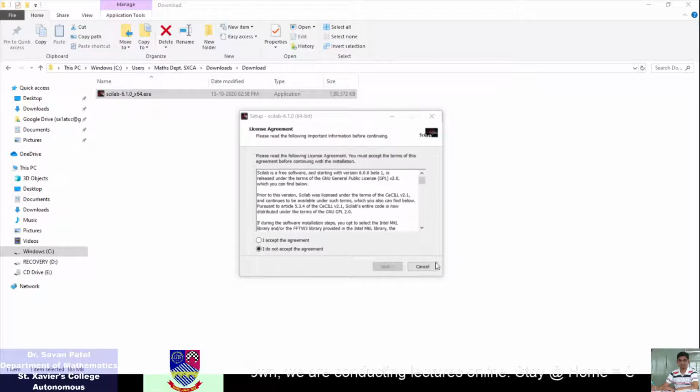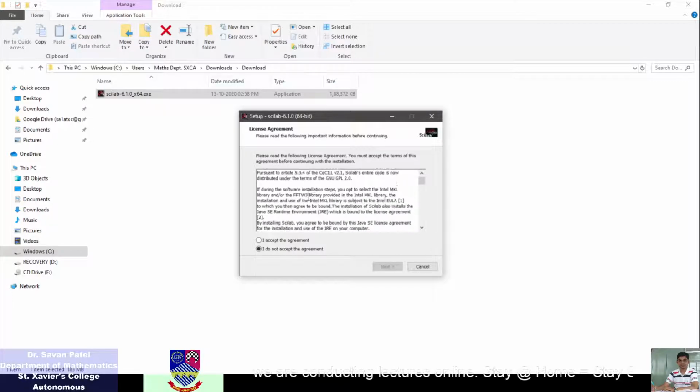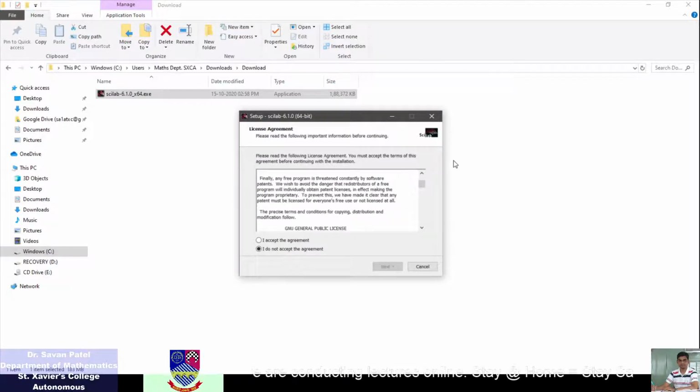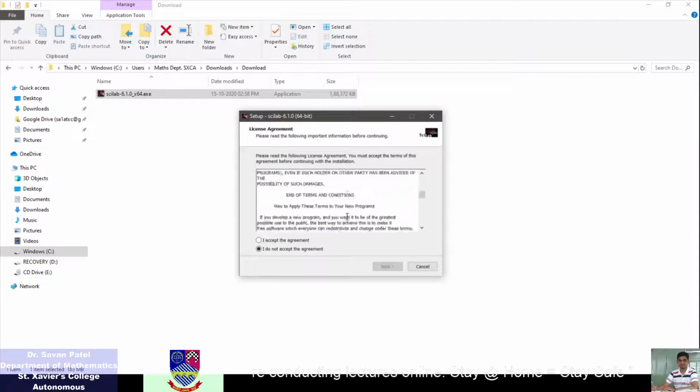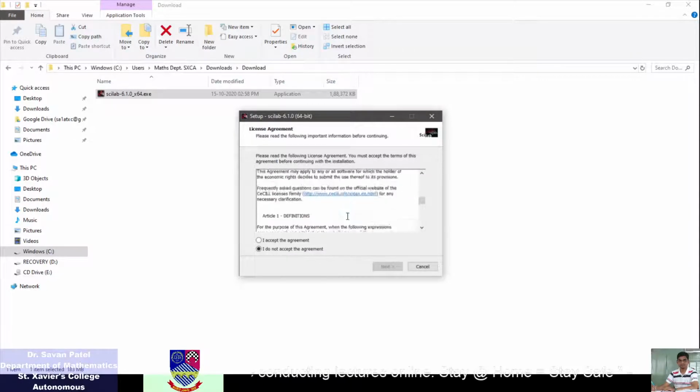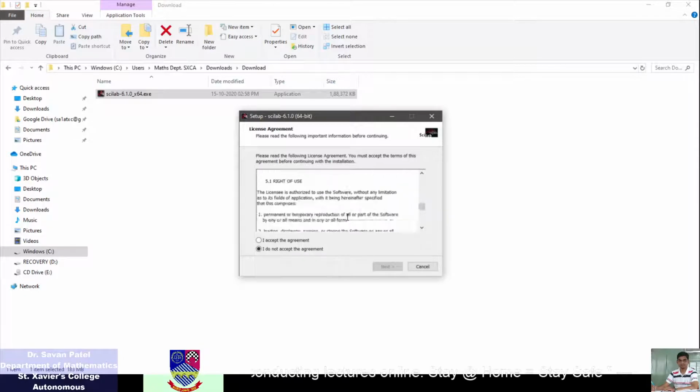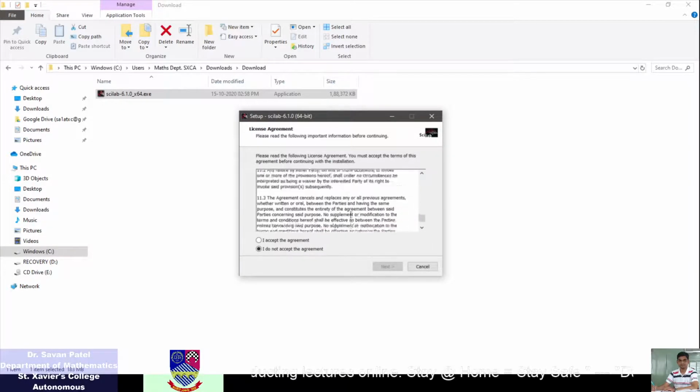Then it displays another window saying that this software has a license agreement. If you want to read it, you can, but mostly whenever it asks to accept the agreement, we have only one choice, to accept it.